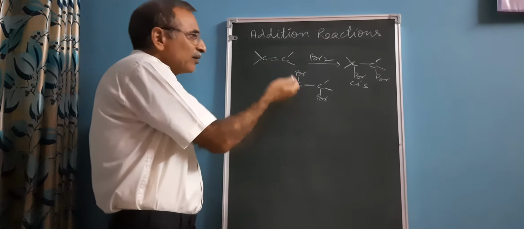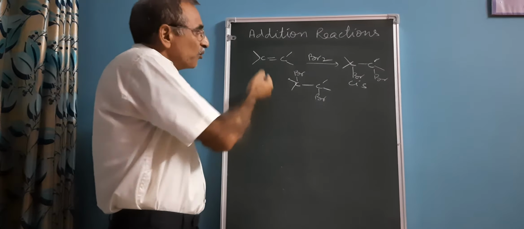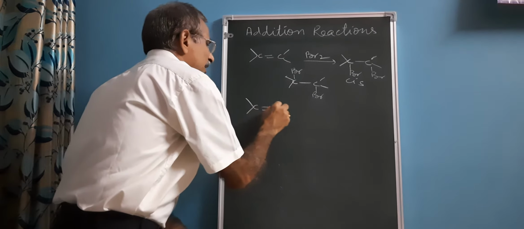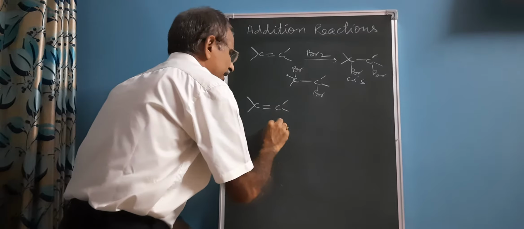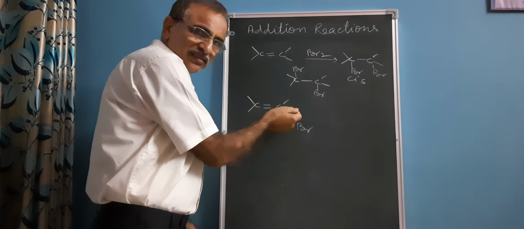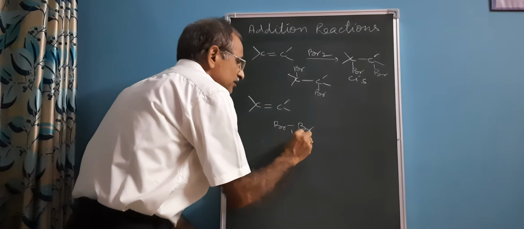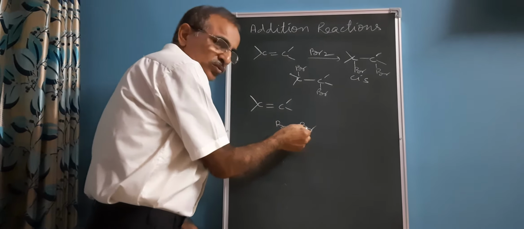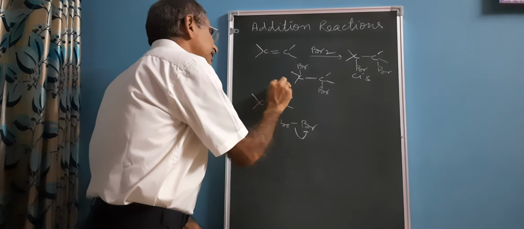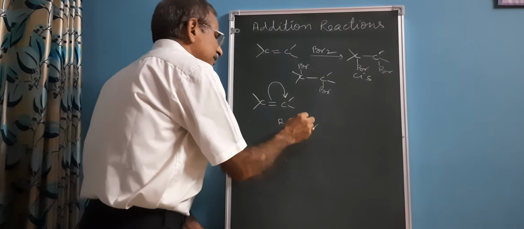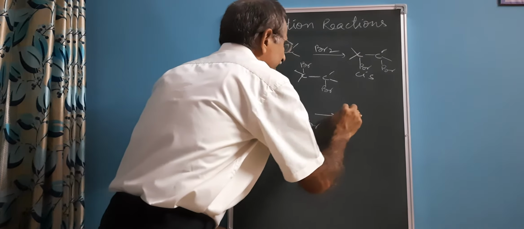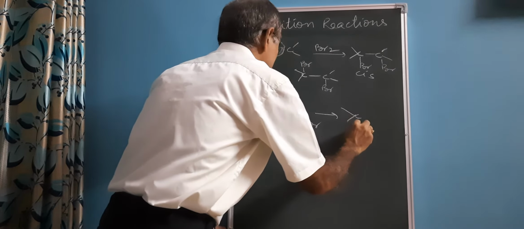Now, with the help of the mechanism, we will be able to know which one is the preferred product. Here, once we have this alkene and bromine, due to the influence of this and other effects, the bond pair electrons shift along one of the bromines and form a bromide ion. There is an electromagnetic change, due to which this bromide ion will approach the next carbon atom, and that results in formation of